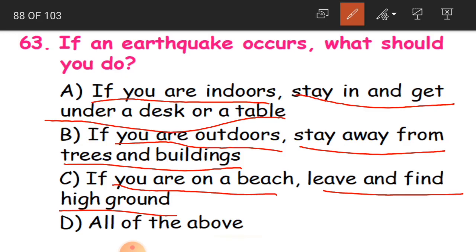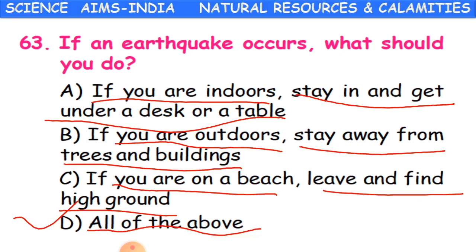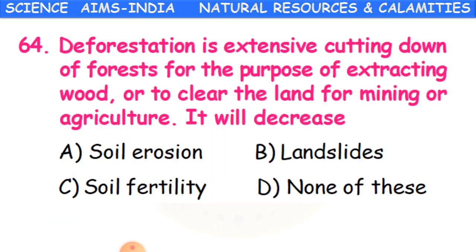And D is all of the above. The answer is D, children, all of the above. So you have to take all these safety measures to protect yourself from these earthquakes. Okay, children. And 64th question,